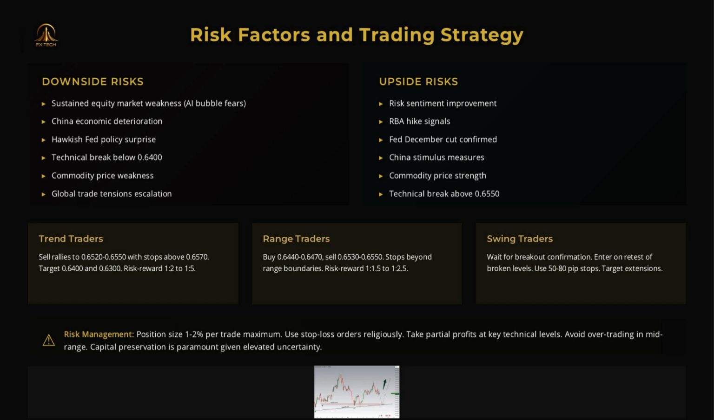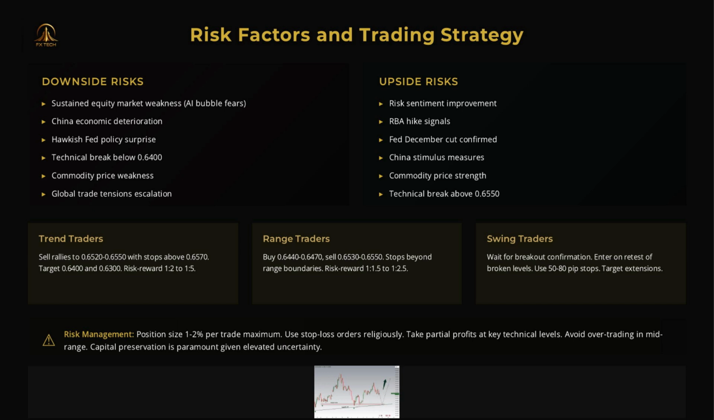Downside risks include sustained equity market weakness driven by AI bubble fears, China economic deterioration, hawkish Fed policy surprise, technical break below 0.6400, commodity price weakness, and escalating global trade tensions. Upside risks include improving risk sentiment, RBA hike signals, confirmed Fed December cut, China stimulus measures, commodity price strength, and technical break above